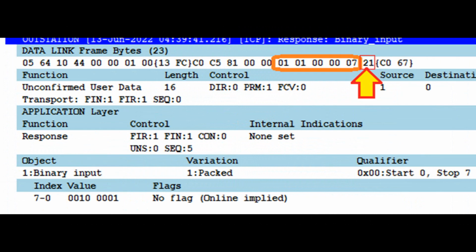The second example reports binary static data. The object header is 0101, indicating the binary static object group and variation 1 that reports packed states. The qualifier is hex 00, indicating start-stop indices followed by range values of 0 and 7 for points 0 through 7. The value for these 8 points is hex 21 or